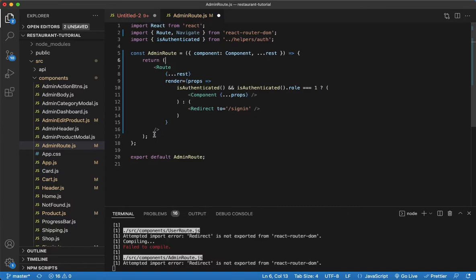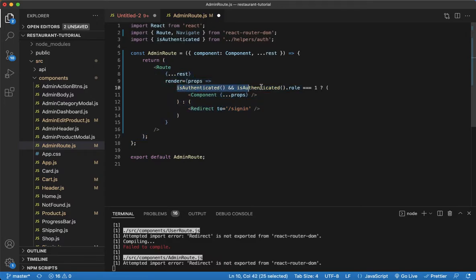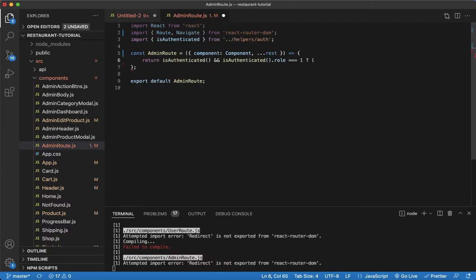I'm going to remove this here. Delete. Actually, let me redo that. I'm going to copy this portion here because I'm going to need it shortly. I'll copy that to my clipboard, and then I can delete everything. Then I'm going to have that condition: if the user is authenticated and their role is 1, meaning that they're an admin, then